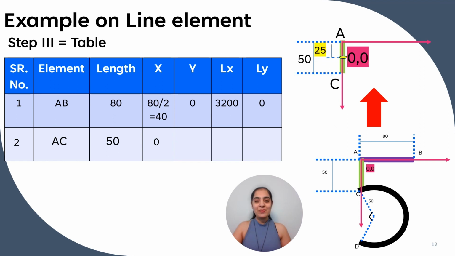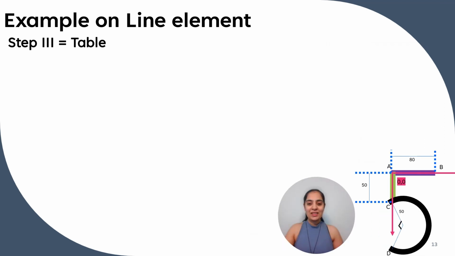Can you see? And what is y? Correct. It is 25. And the product Lx and Ly. Now, in the next step,